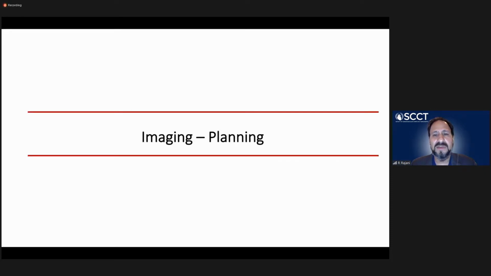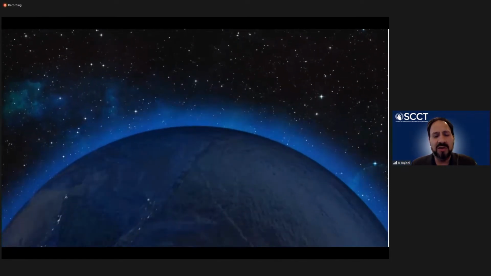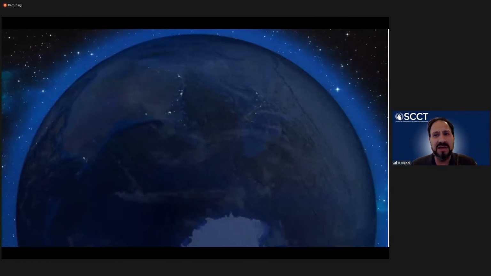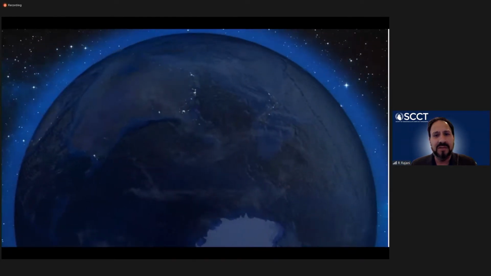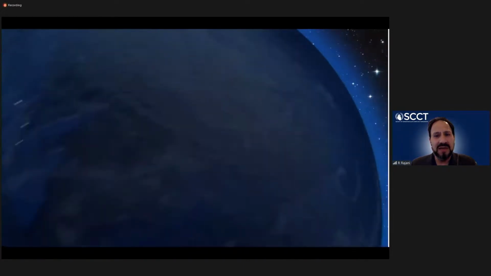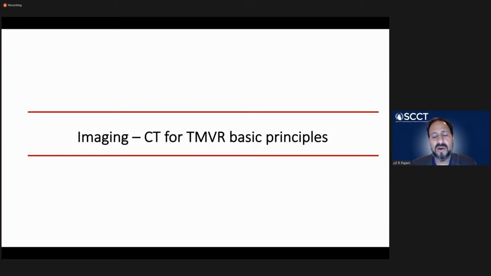So let's now swiftly move on to the imaging planning for transcatheter mitral valve replacements. So I'm going to show you our approach at Guy's and St Thomas's Hospitals in London and also at King's College London. So as we zoom down into London and England, some of the strategies that we incorporate are based on the